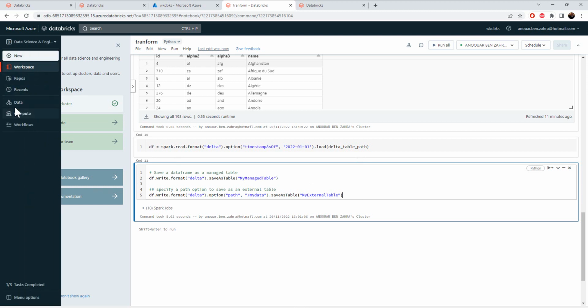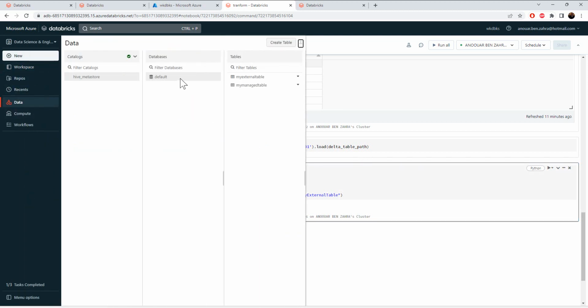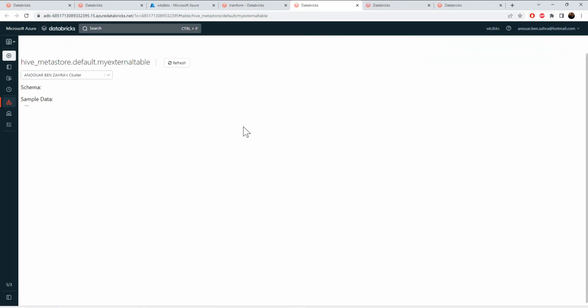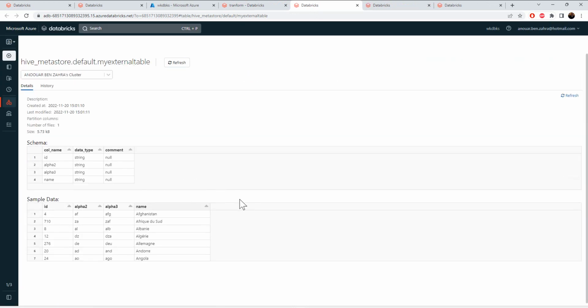So let's execute this. So the table is created. Let's go to tables. This is the external table, and this is my managed table. Let's open the two tables. As you see here, there is no difference in how they show all the metadata of this table